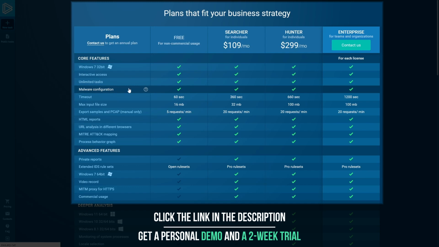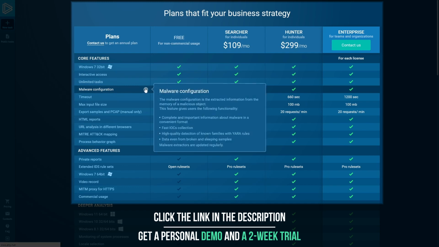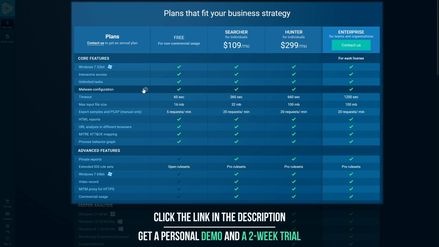Now the service is available with more than 40 types of malware configurations, which helps analysts get info quickly and productively. This feature is free and available for every